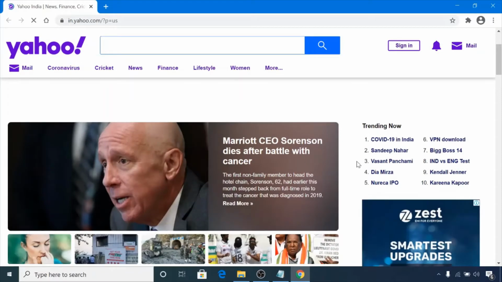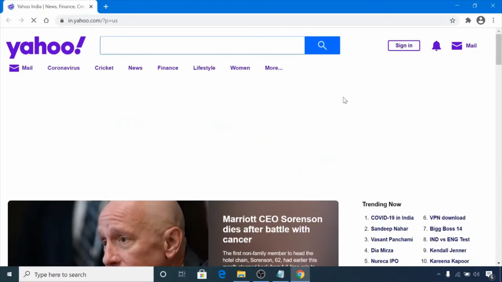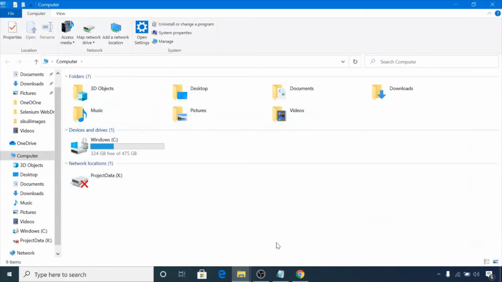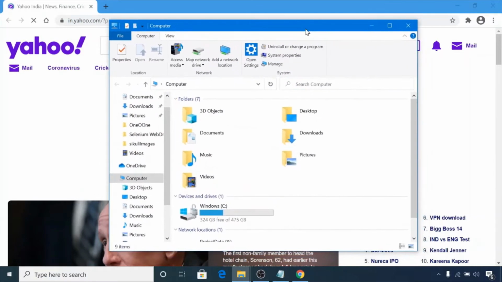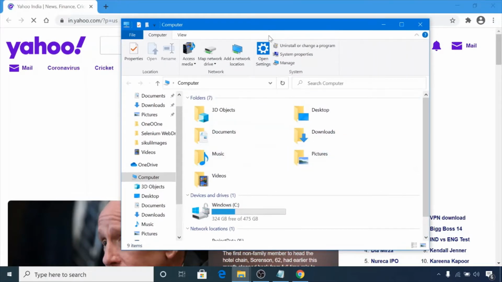Okay, so if I open my local screen, this is the Explorer on my machine, my computer. This is called Windows Desktop UI, or Windows Desktop element. Now sometimes from the browser we need to open this Windows Desktop UI. Let's suppose you have to upload one local file from your system, or you have to download some file. In that case you cannot automate this Windows Desktop UI with Selenium WebDriver.